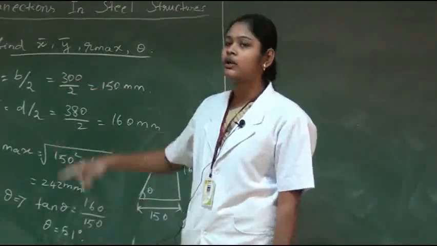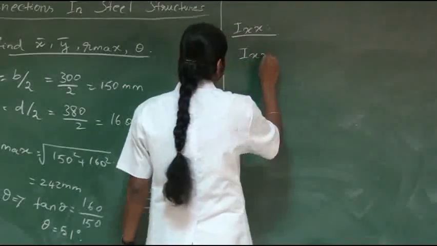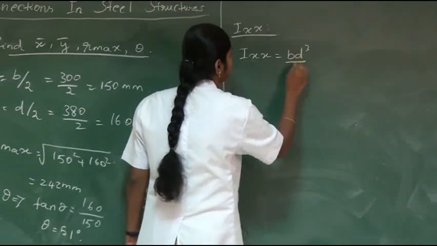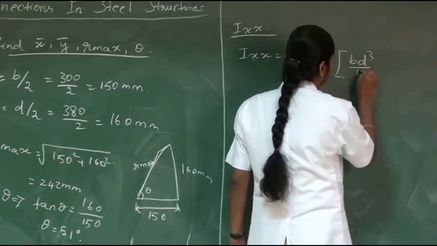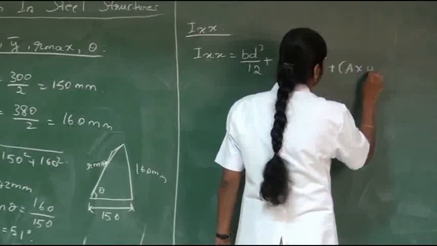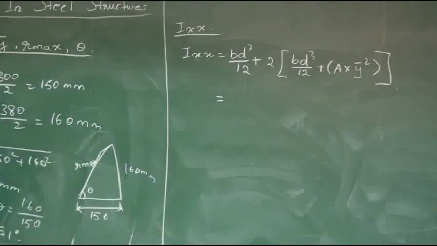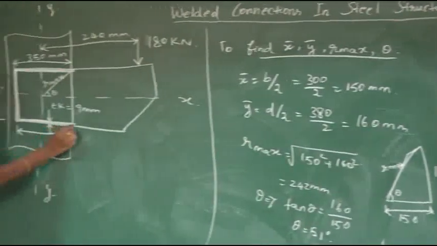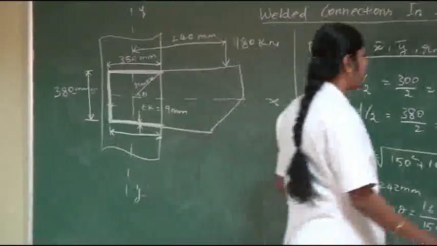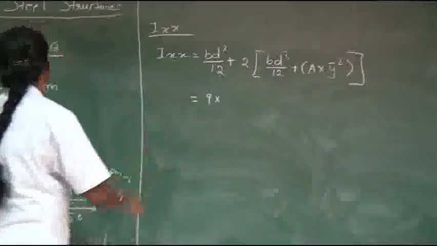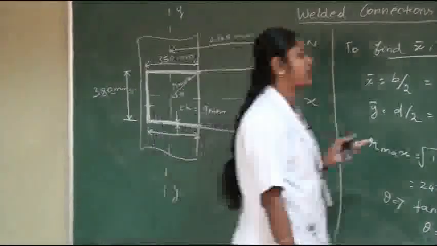We had studied that in the rectangular portion for Ixx the formula is BD cube by 12. First Ixx is equal to BD cube divided by 12 plus 2 into BD cube divided by 12 plus area into y bar squared. Here first we are considering the welded portion only. For this the breadth, you have to consider this thickness, that is the 9 mm, 9 into, then the depth is, you have to consider this depth 380 mm, 9 into 380